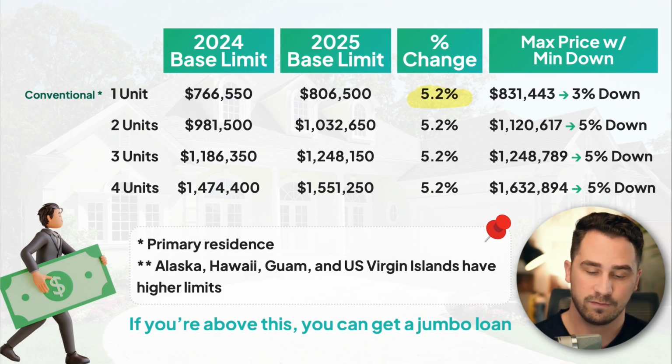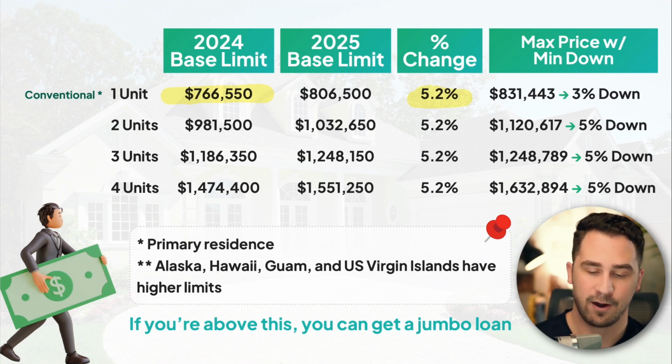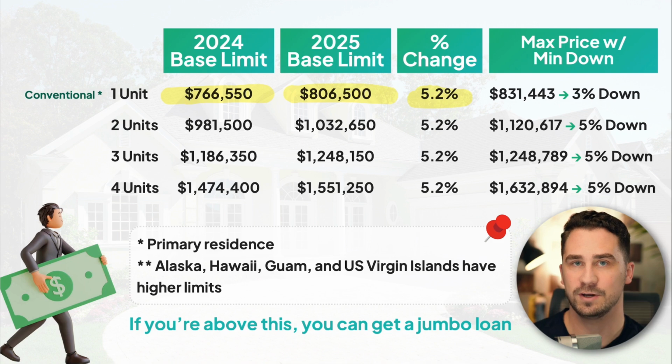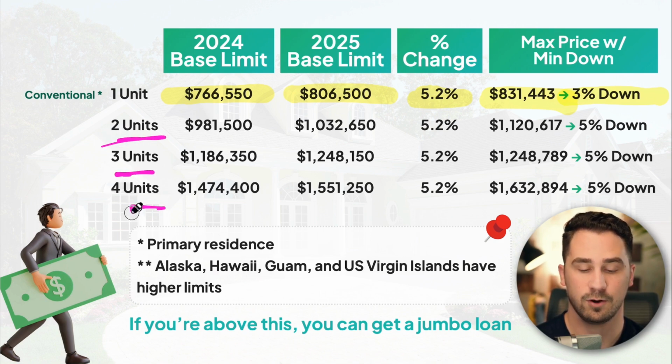So the 2024 base limit for a conventional loan was just above $766,000. Now that base loan limit is $806,500 for 2025 for conventional loans. So that means with a 3% down payment, just 3%, you could buy a home with a max purchase price of just above $831,000. And this, of course, changes depending on if you're buying something like a 2, 3, or a 4 unit